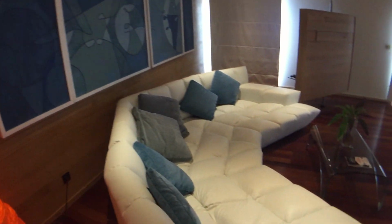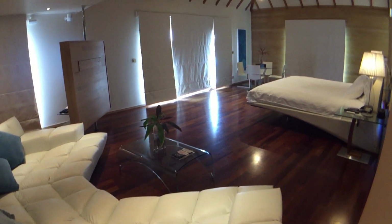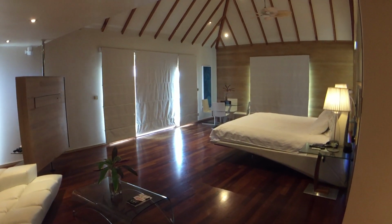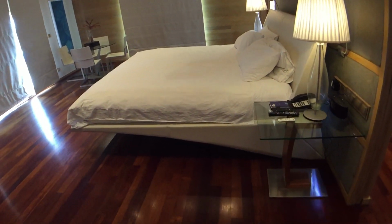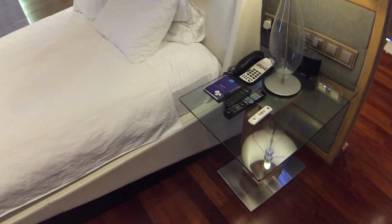That door leads to the other villa, number 314, so you can actually get 2 of these and open them up and join them together and give yourselves 3,200 square feet of space. Amazing. All right, here is your king-size bed, and on the nightstand you'll find a whole bunch of remote controls